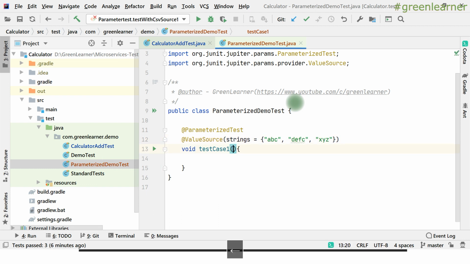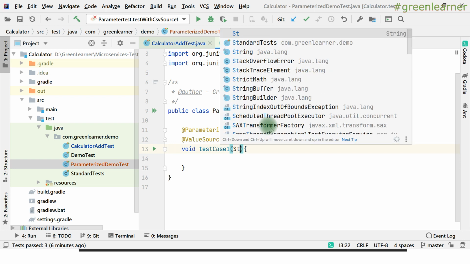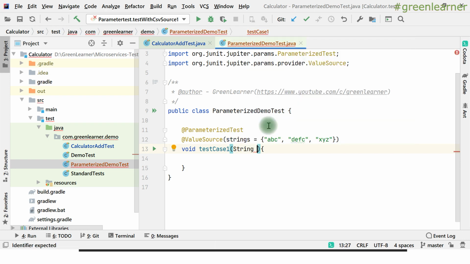And to catch these strings, I have to pass one parameter here, so one arg. The limitation of this is that we can only pass a single array, and out of that I can extract only one input data.